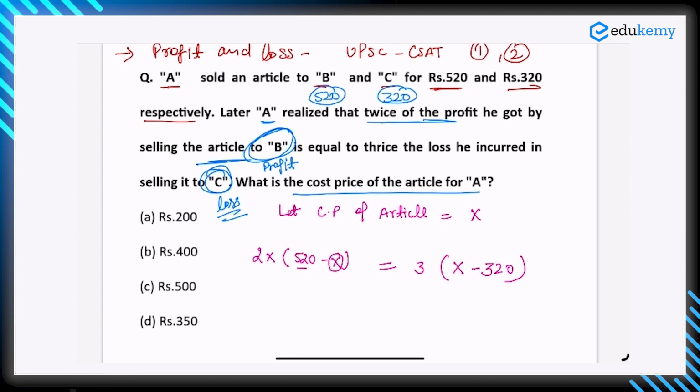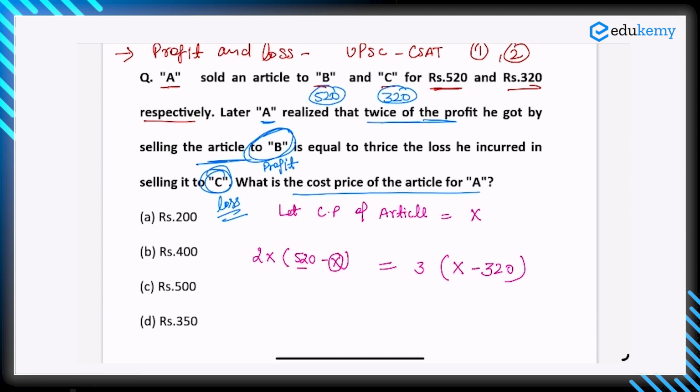मान लो कोस्ट प्राइस है 500 रुपी और सेलिंग प्राइस है 320 रुपी. Then 500 minus 320 is equal to 180. That is the loss. ये एक जनरल आइडिया है, एक जनरल इक्वेशन है. इतना लॉस हो गया. In this question we are looking specifically at